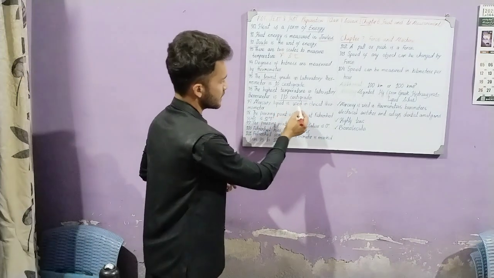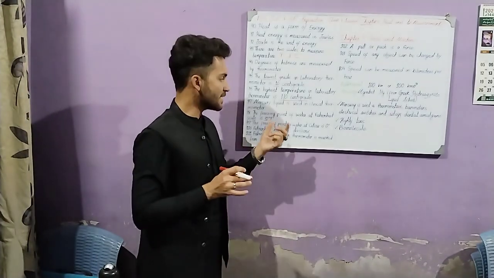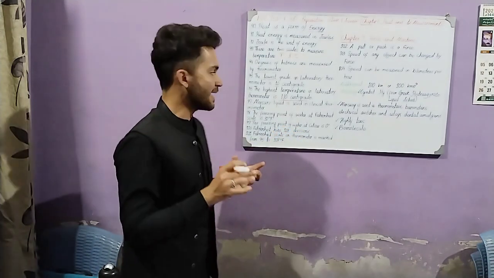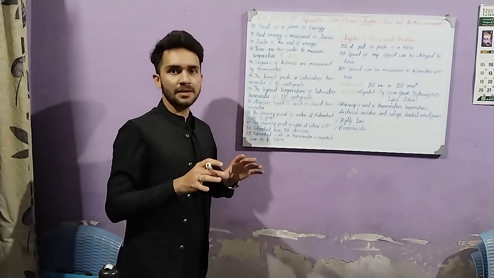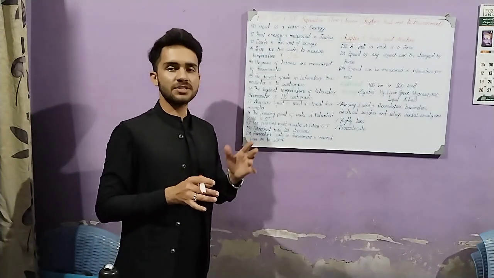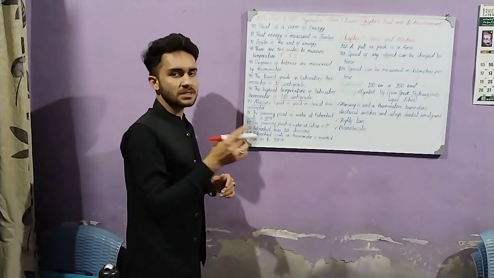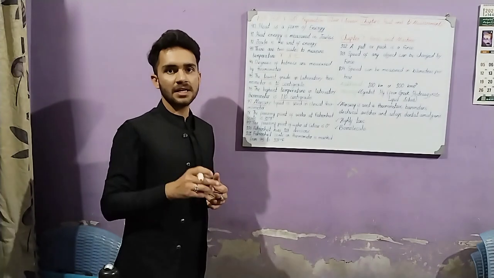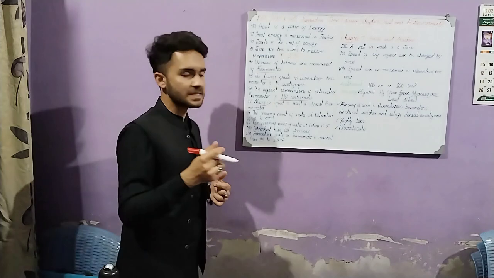Next one is mercury liquid is used in clinical thermometer. Mercury is an element and that is used in the clinical thermometer that we usually use. It is a metal but has some characteristics of non-metals as well, and it is the only metal that is in liquid form. So mercury is used in a clinical thermometer that we use most of the times. The doctors also use this thermometer while checking the temperature of the patients. They put them in the mouth or sometimes in the armpits.